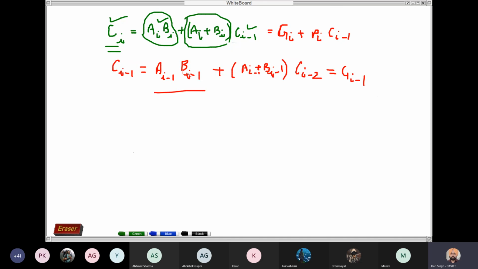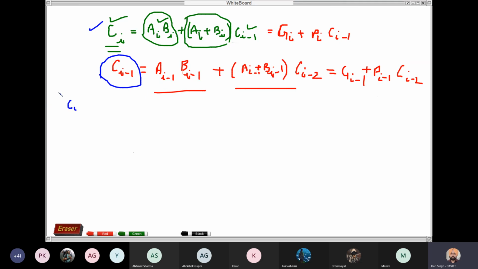This is Gi minus 1, this is Pi minus 1 into Ci minus 2. Now if I put the value of Ci minus 1 in this first expression, then you can say